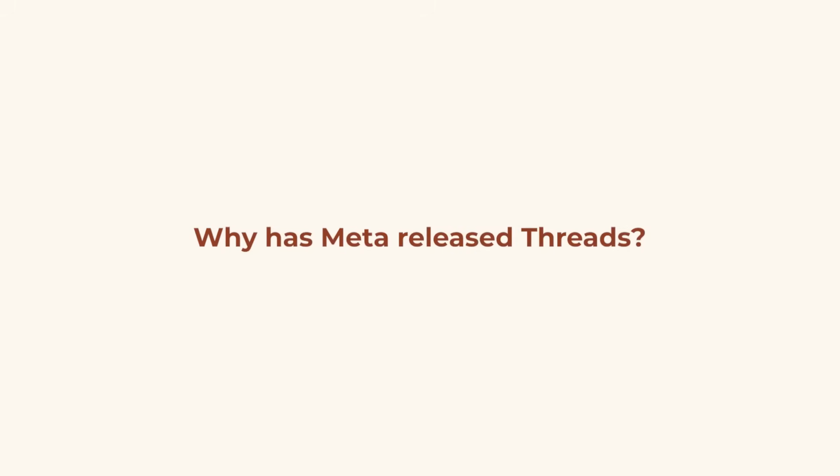Now, I'm willing to bet that the next question you want to ask is, why has Meta released a rival to Twitter? Twitter already exists. Why do we have another version of it? Now, without going too far into Meta's history, I think we all know that Meta apps like to copy other apps, right? Does anyone remember when Stories was released on Instagram and it was a direct replica of Snapchat? That is Meta's strategy. They like to copy what's working.